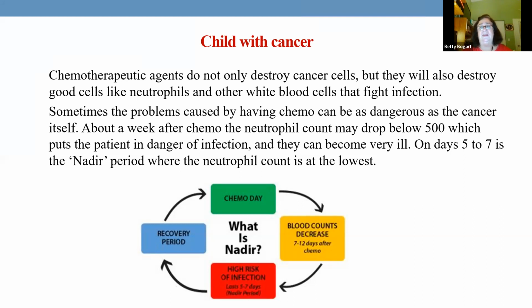And when you look at this, days 5 to 7 is the nadir period where the neutrophil count is the